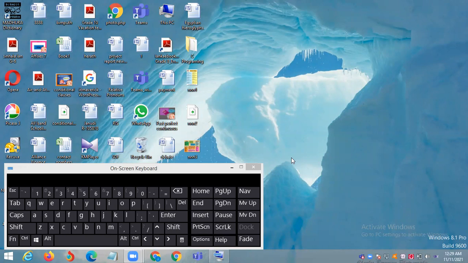That's because the physical keyboard has been locked until you stop using the screen keyboard. That's what the problem is. So how are you going to solve it? You must stop using the screen keyboard. To do this, you must go here, or you can just close it.